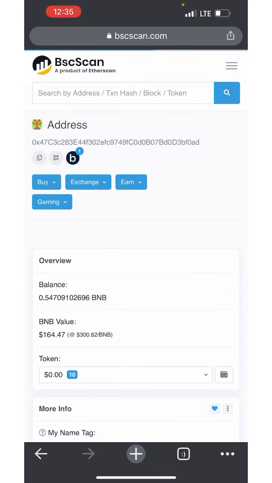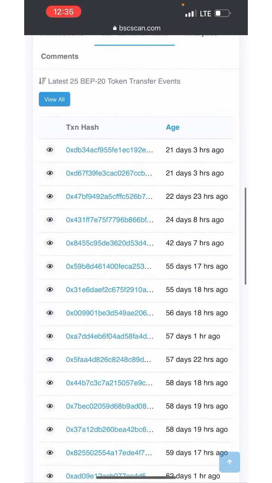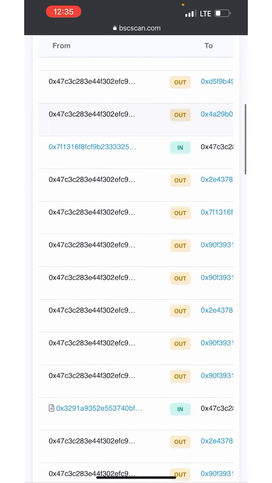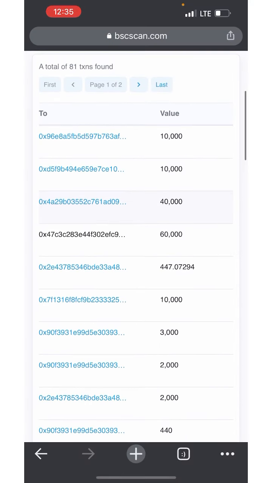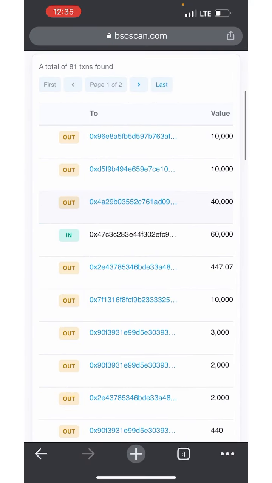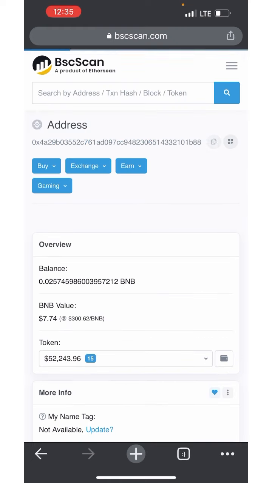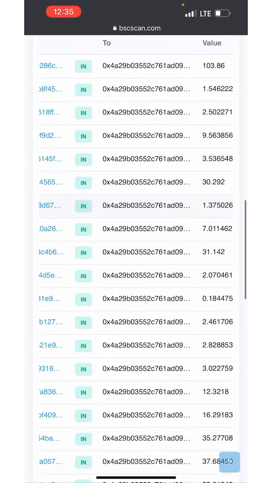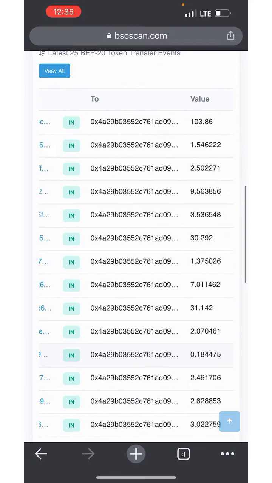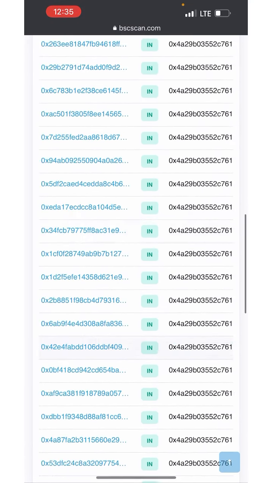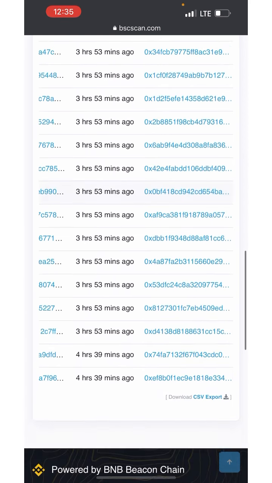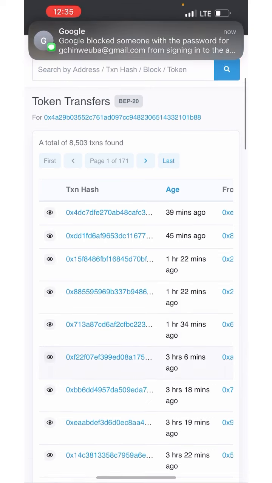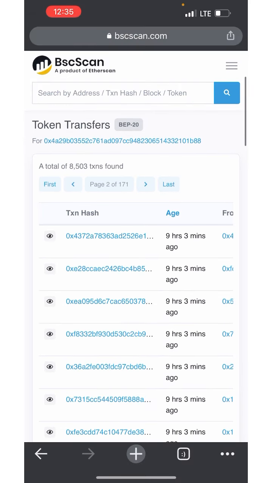This one, your transactions 24 days ago, this transaction came in, and then they sent out to these 3 accounts. So when you check the accounts, you see the money just came into this account. They split it in different forms, and they stayed. These ones are just new transactions. So let's see older transactions. Older transactions should be